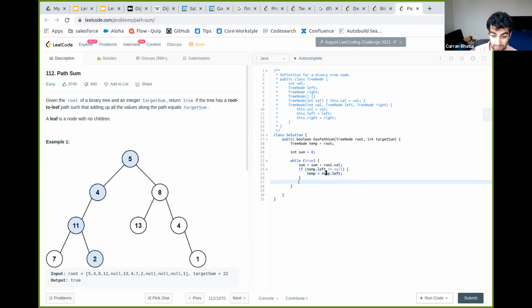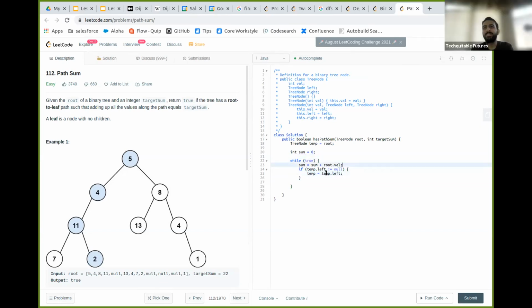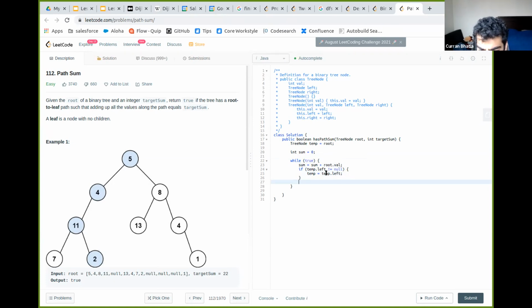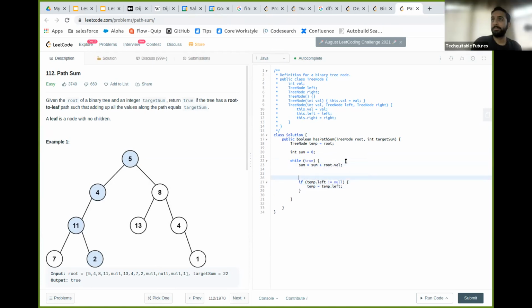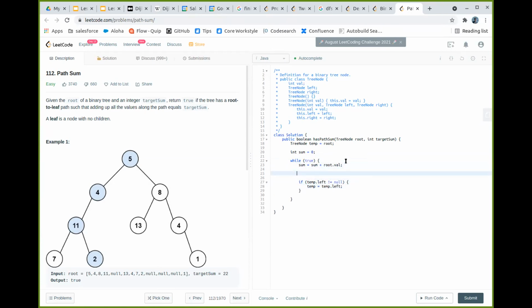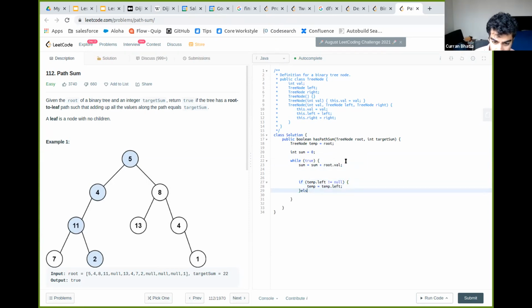Since I know this will take a little time to write, feel free to keep going. I'll stop you if there's any questions. Okay, cool. So while true, sum plus root val, temp dot left's not equal null, temp equals temp dot left. And we're gonna just keep going, and then we're gonna write a condition here. Well, let's just write an else condition.